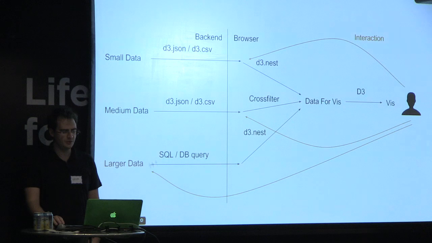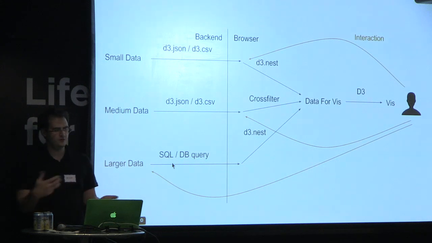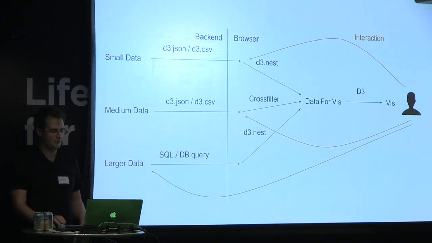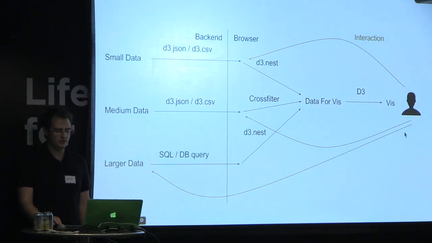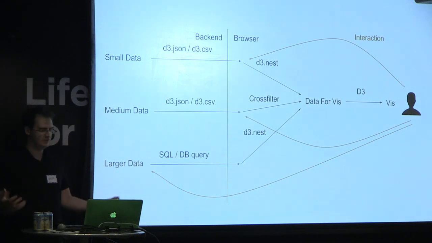If you're working with the larger data case, your interaction actually has to go back to the database. You have to craft a new query, get new data out, and retransform it, and your transformation might need to change based on the interaction that happened, and then you have to render that. And to me, this arrow is really what was the pain. The fact that it crosses back into the back end and does things is what made me realize that my knowledge of all of this stuff was really insufficient.